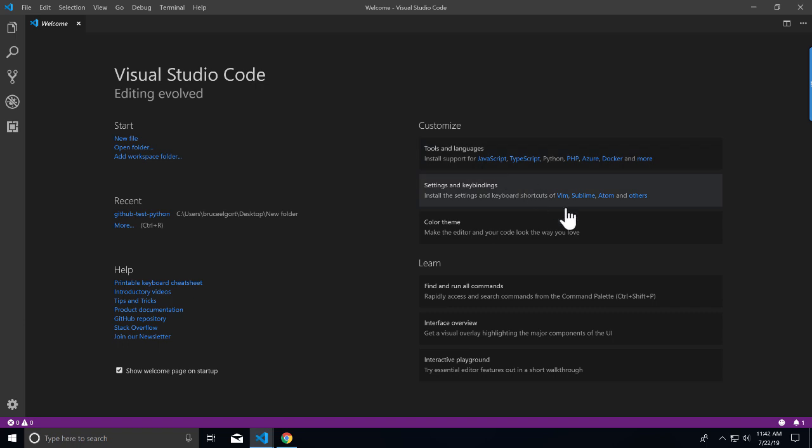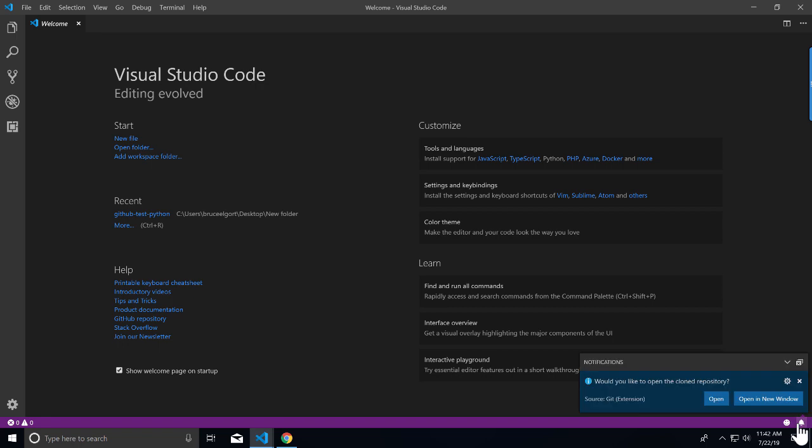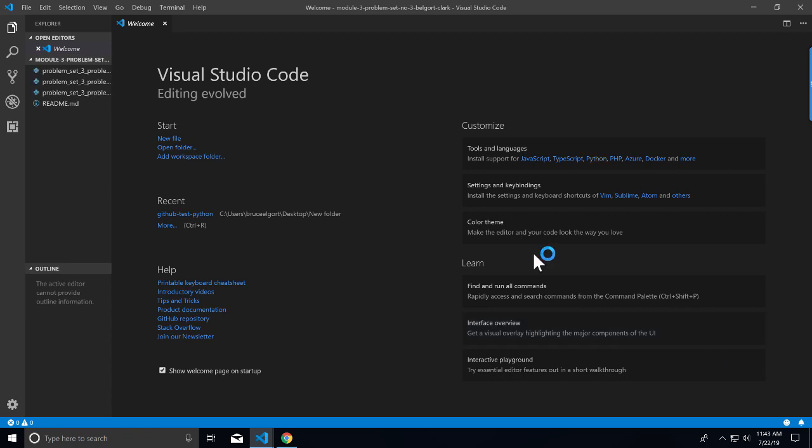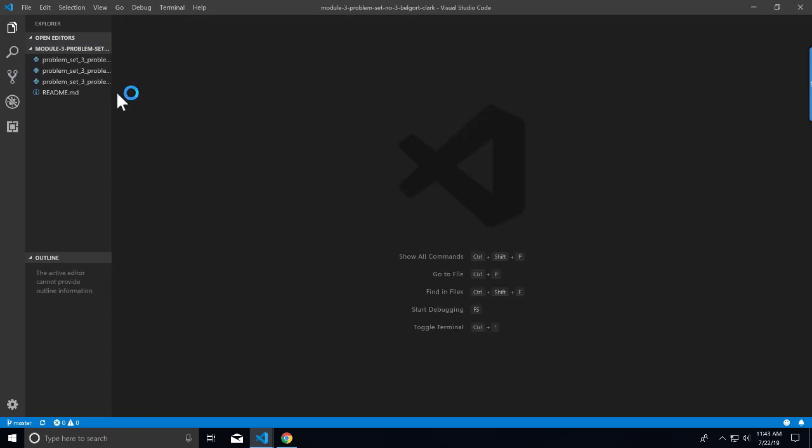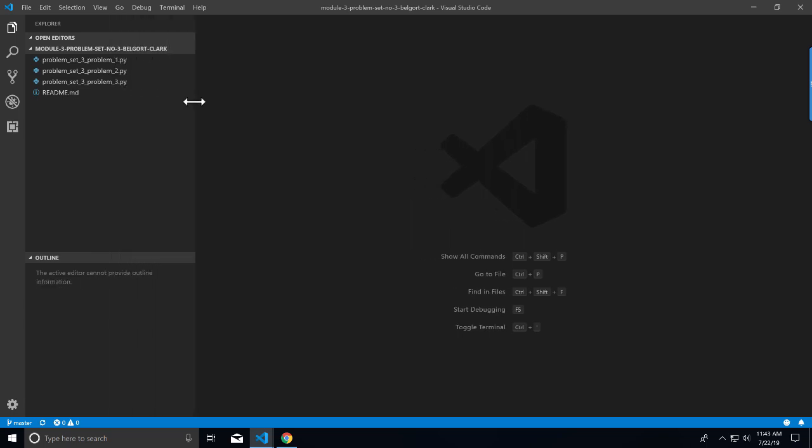All right. So look down to the lower right-hand corner. There was a message down there. Did you see it? So let me pop it back up. It says, would you like to open the cloned repository? And you want to click on Open. Okay, Open. And what happens now, I'm going to close this VS Code welcome window, is you can see here in the sidebar that there are 4 files. Okay, there are 4 files. In fact, if you click on the readme.md,